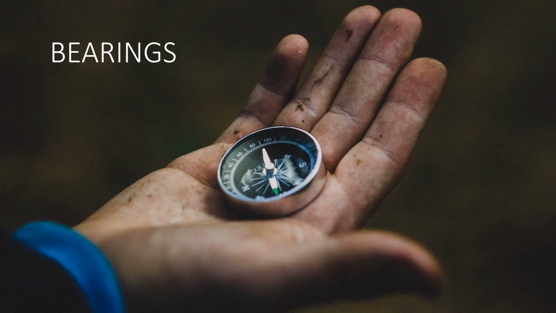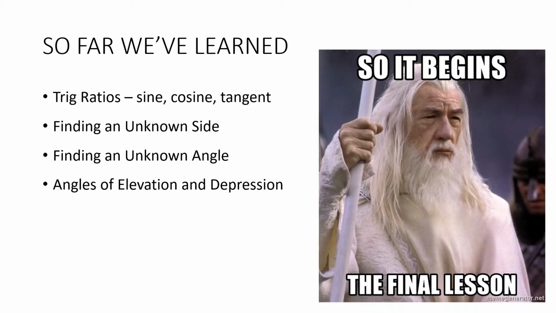Okay, Year 9. This is our last lesson for the topic of right-angled trigonometry. In this lesson, we're going to look at bearings. So far, we've learnt about the trig ratios, sine, cosine, and tangent. We've learnt how to find an unknown side, an unknown angle, and last lesson we learnt about angles of elevation